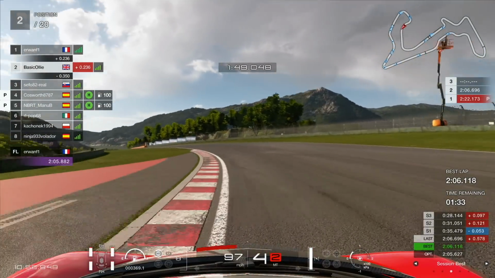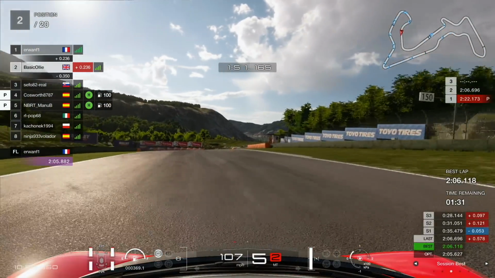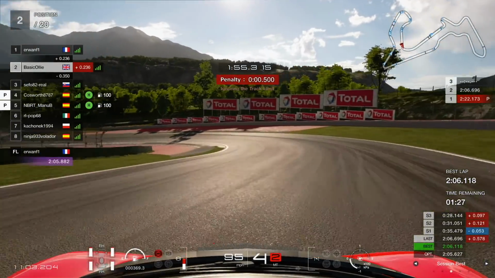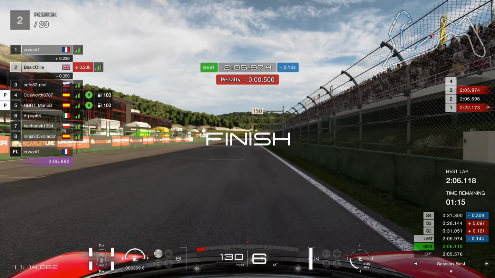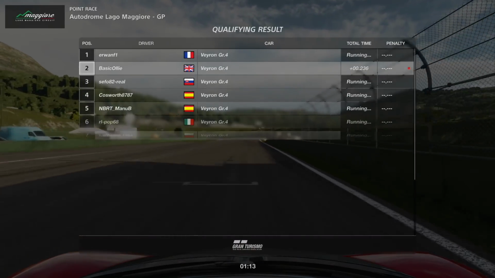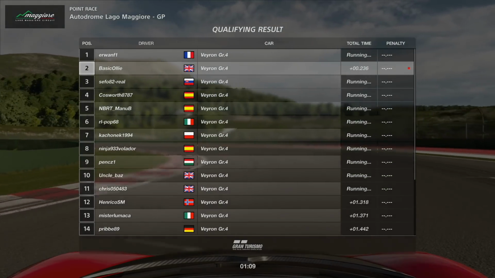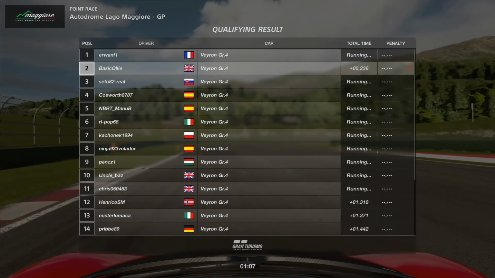I was looking to improve near the end of the session here, but I just go wide, I just go 4 wheels over the white line, and it slaps me with a half-second penalty. Nothing I could do. I did cross the line, I did improve, but it wasn't actually enough to get myself pole position, so it wouldn't have mattered anyway. So congratulations to the Frenchman. He has got a pole position for this